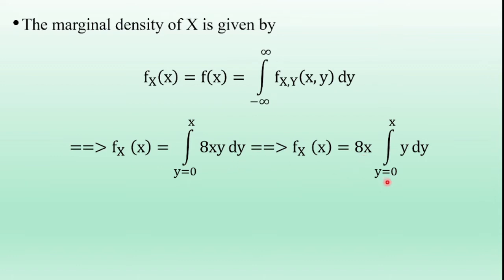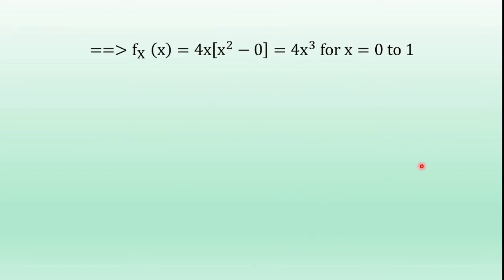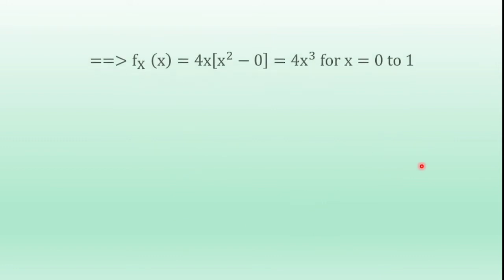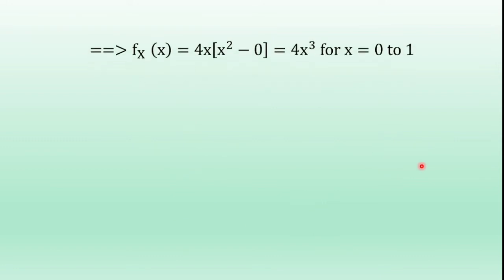So 8x into integral y is equal to 0 to x, y dy. Integral y dy is y square by 2 over 0 to x. Now substitute upper value of y and lower value of y. We get fx of x is equal to 8x by 2, 4x. 4x into x square minus 0 is equal to 4x cube